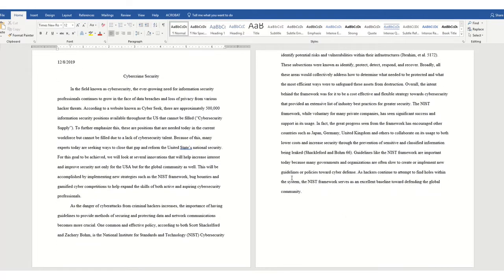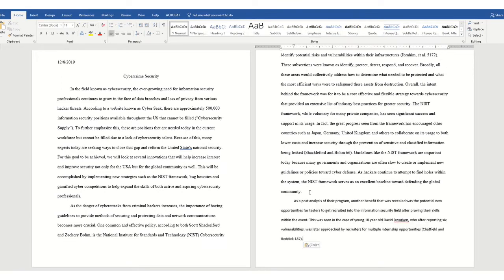Okay, so assuming that that's all good, I'm going to go ahead and go to the end of my paper, and I want to talk for just 1 minute about a long quote. So if I'm at the end of my paper and I have a long quote, or at the end of this paragraph, that I would like to do with this paragraph, I will hit enter once, and I'm just pasting